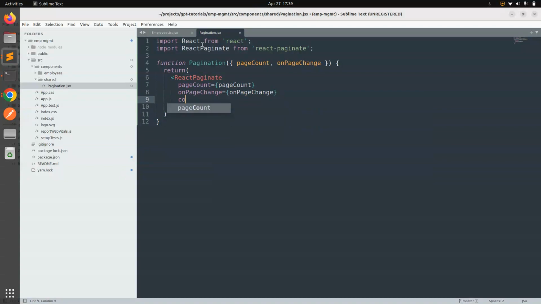Okay, and then container class name. Container class name is equal to pagination. Okay, all this information is within the react paginate library. Okay, and then active class name, and assign it the value like active. Okay, so the component has been created, and now what we need to do is export default